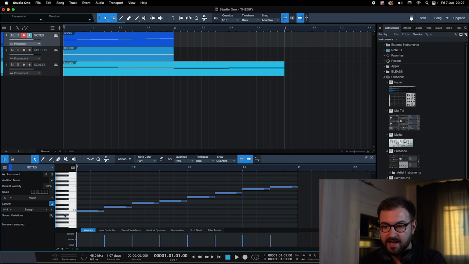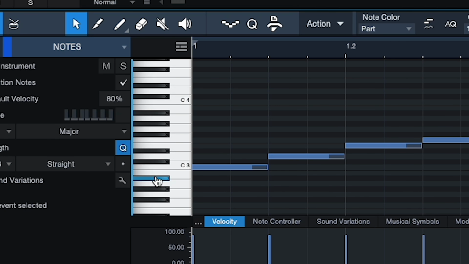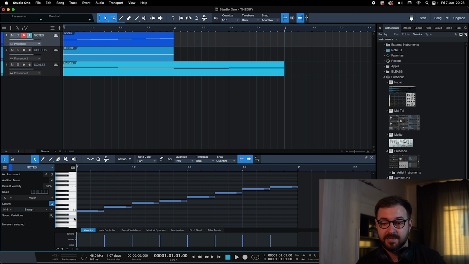So we're going to have A sharp or B flat, C sharp or D flat, then D sharp or E flat, F sharp or G flat, G sharp or A flat. So actually we can say that we start from A and end in G sharp. Now these are the only 12 notes that we have.